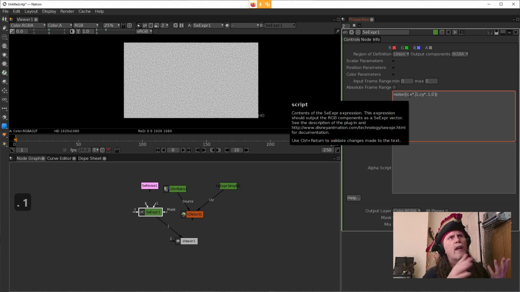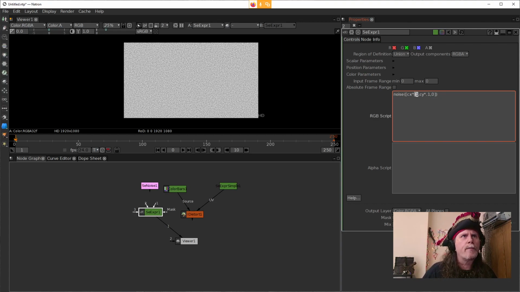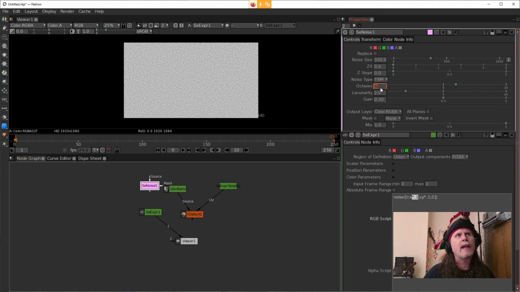All right, and so there we go. We see something here, but it's not looking quite right. It's not looking like what we expect. Well, first I'm going to tell you about our SE noise. If we go back here to SE noise, we have this thing called noise size, and it says 350, all right? One of the things about